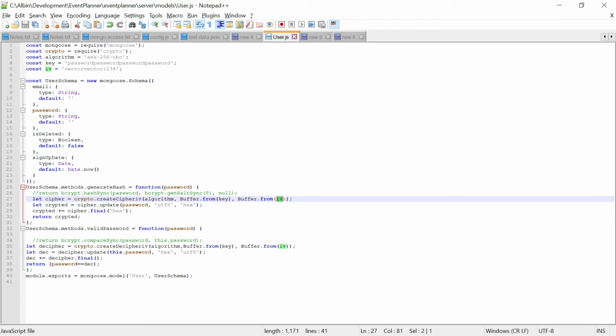Then you can update the password: cipher.update the password, then the UTF-8 encoding, then I'm using hexadecimal encoding. You can use base64 or whatever you require. Then cipher.final will give the encrypted value. Same way for decryption, again createDecipheriv. Here also there is another method, createDecipher, but it is deprecated. You can use this specific method. There is no difference here. Again, I am adding the key as the second parameter, then UTF-8 as the third parameter. Then same thing, I am comparing the password.